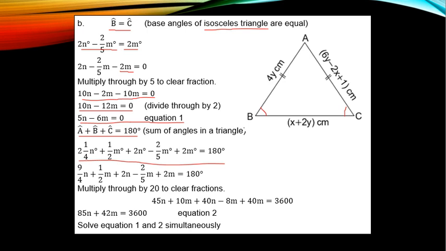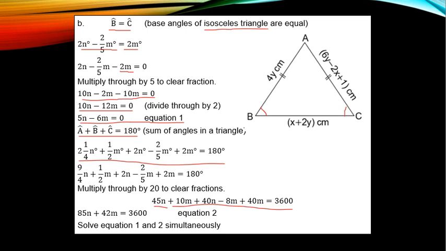So with the LCM, you multiply each term. For instance, 20 times 9/4 n becomes 45n. You multiply each term like that, and you have this result. So you have to add the like terms. Then you add 45n plus 40n, that is 85n. Then you have 10m minus 8m plus 40m, that results to